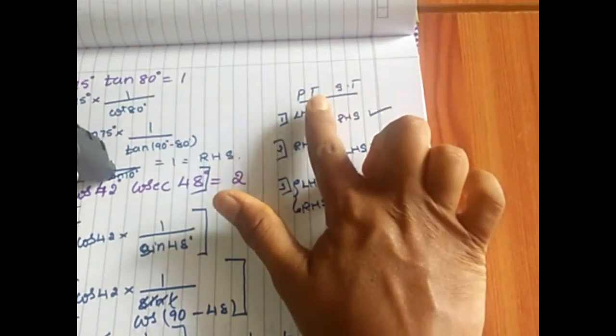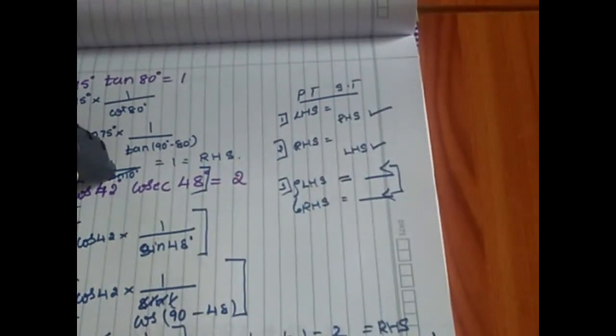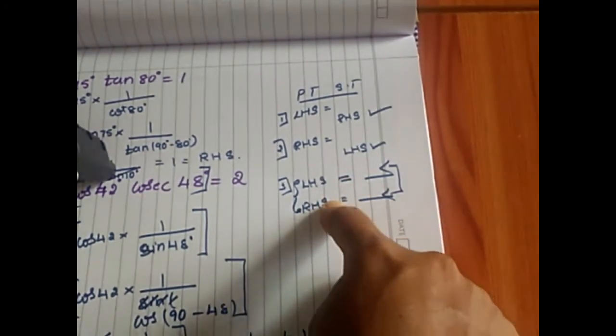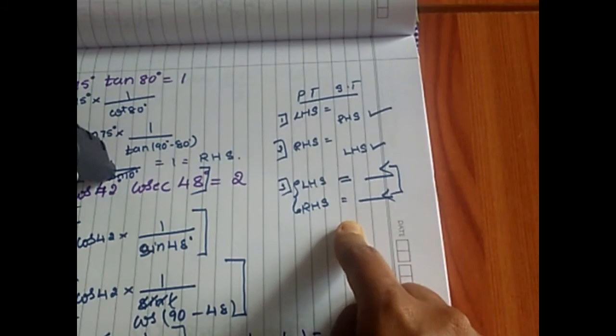Usually when it is LHS and RHS, we start from the complicated side where there is more chance to do the simplification, so that the other side will be your solution. So keep this point in mind, children. Whenever you do prove-that problems, just see in which way you are going to start. If starting is right, the remaining things will go very easily.